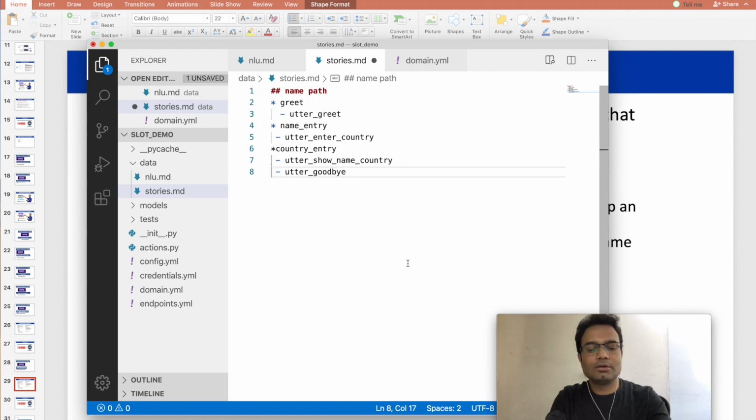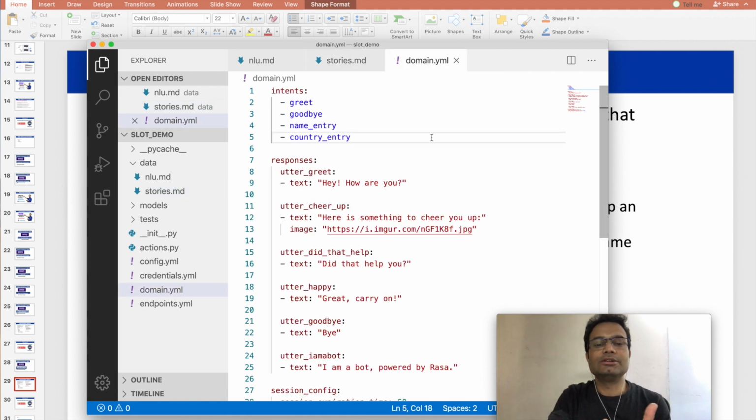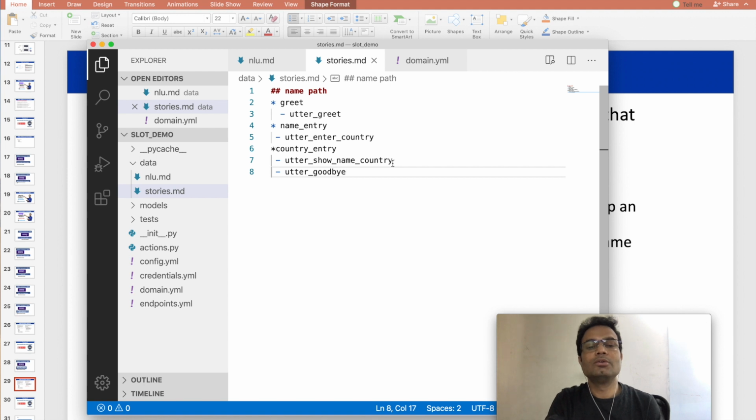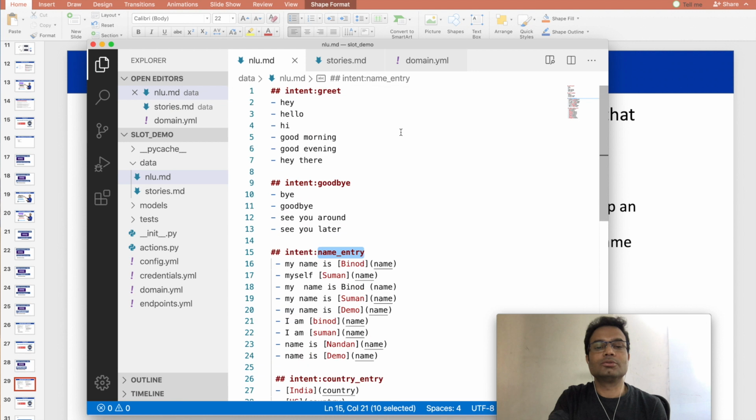I should have the grid, name entry, country entry in the domain, three things. I am not using the goodbye, so no need to put this goodbye also.